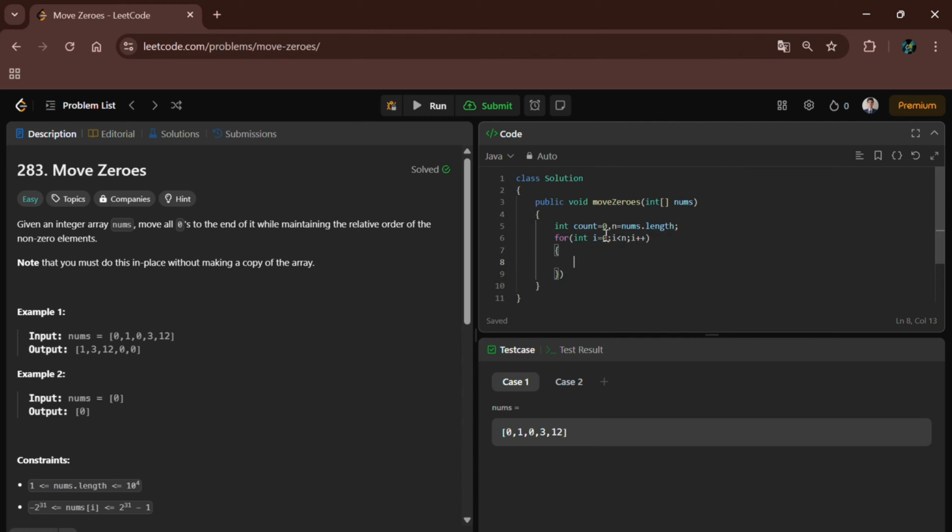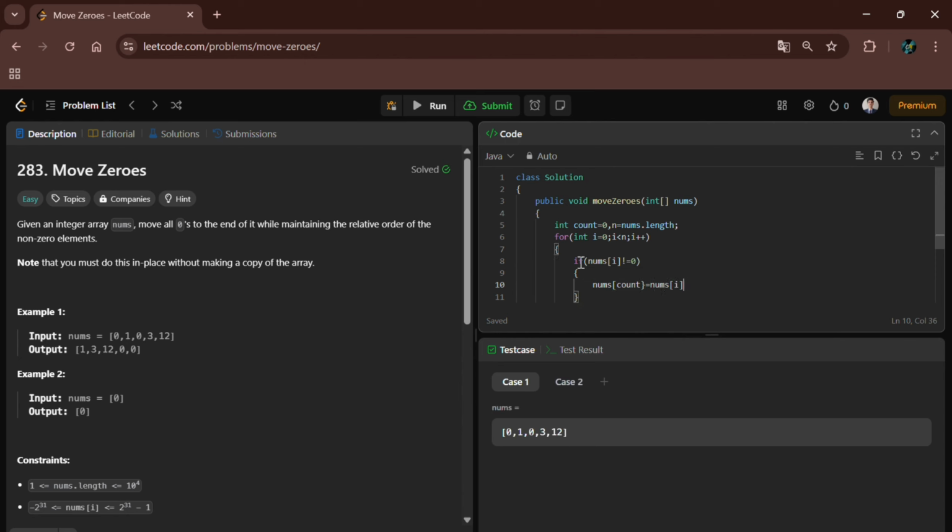Now simply we will check the condition: if nums[i] is not equal to 0,